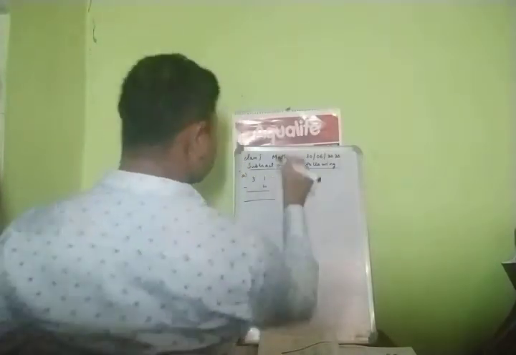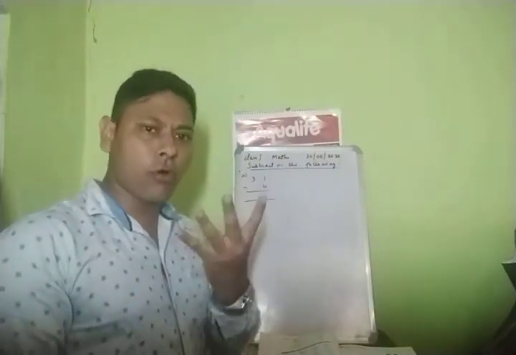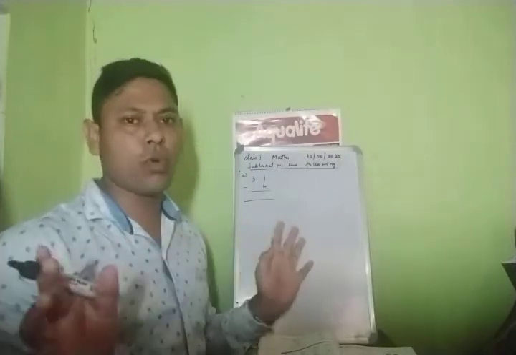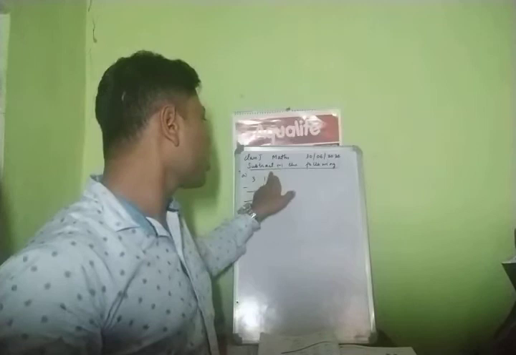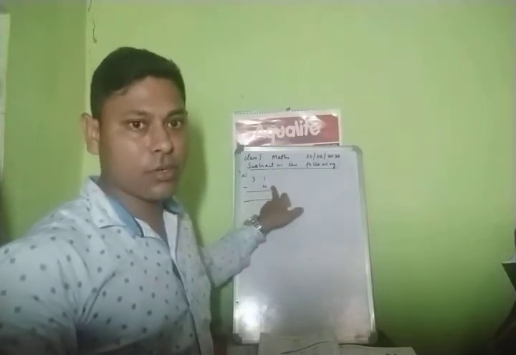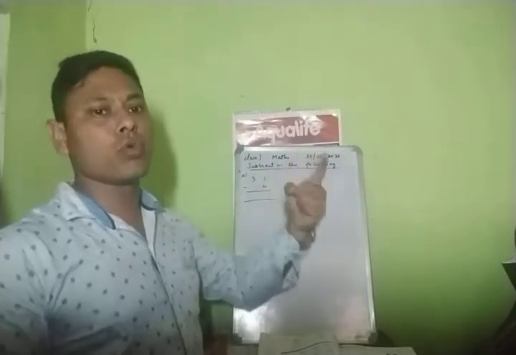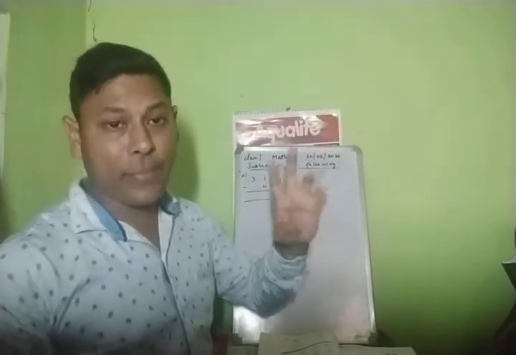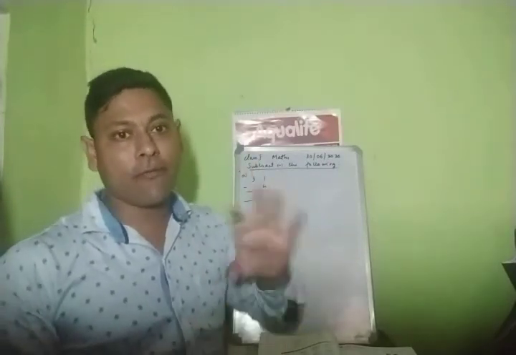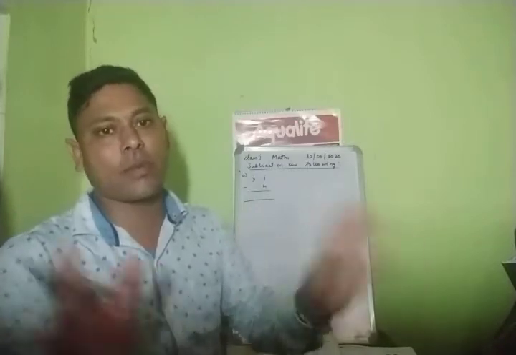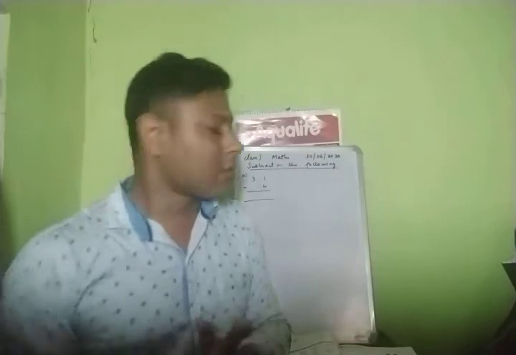Now 1 minus 4. Can you do 1 minus 4? From 4 can you go to 1? No, not possible, because 1 is smaller than 4. If I say to count from 1 to 4, that is possible: 1, 2, 3, 4. But when I say to count from 4 to 1, 4, 5, 6, 7, 8, 9, 10, 11, 12, can we go to 1? No, never. It is not possible. So for this, what you have to do?